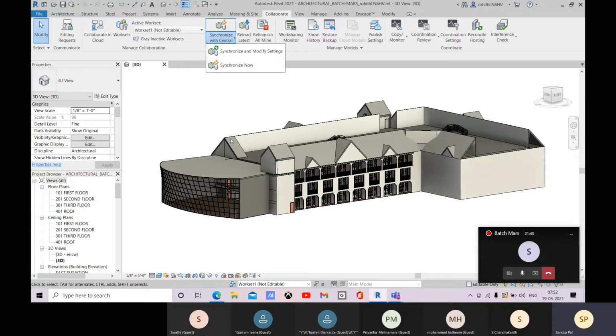So they are connected with you through the central file. You can say your central file, or your master file, is the medium for all local files. So you will be working in your local file, and when everything is done, and as per your team concern, you will be synchronizing. Now let's come to this workset.